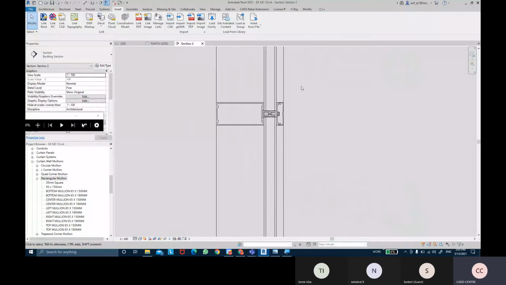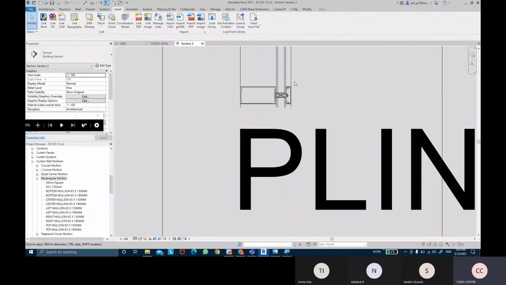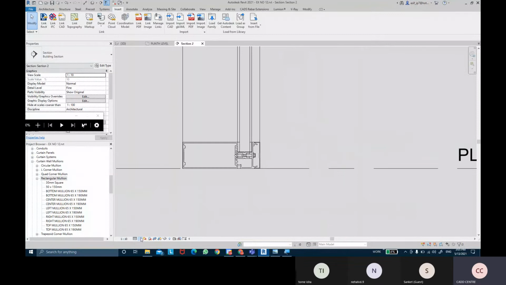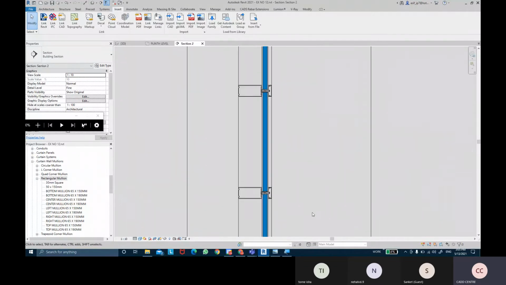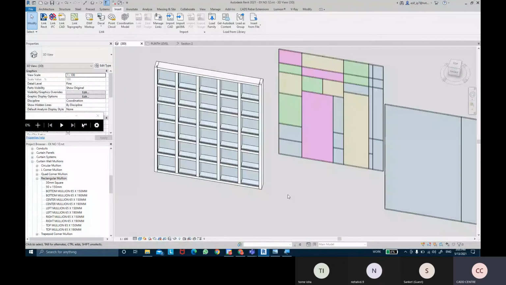You can see the detailings of the horizontal mullions as well. Everything looks perfect. So you have your detail mullions installed in this.